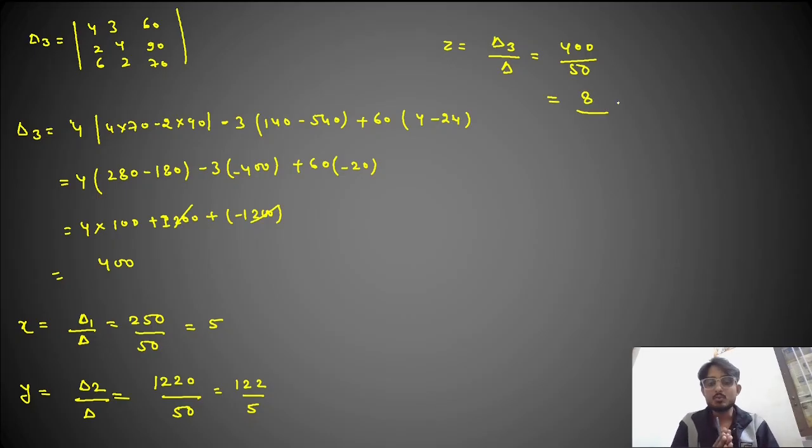Okay, this is Cramer's rule. How can you solve the equations of three variables by Cramer's rule? I have already explained in this question. For finding the value of x, y, and z by Cramer's rule, we have to find the value of delta, delta 1, delta 2, delta 3. And what is delta? Delta means the determinant of A. Delta 1 means replace the first column with this B matrix, and then you find delta 1, then delta 2, and delta 3. So x equal to delta 1 upon delta, y equal to delta 2 upon delta, and z equal to delta 3 upon delta.